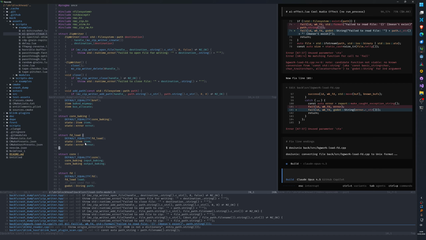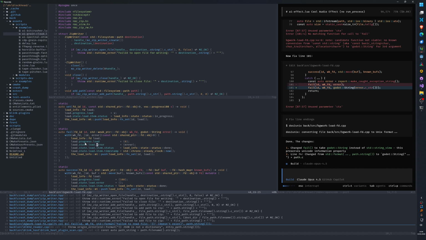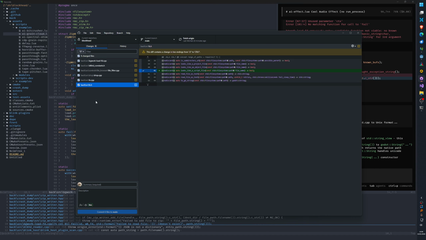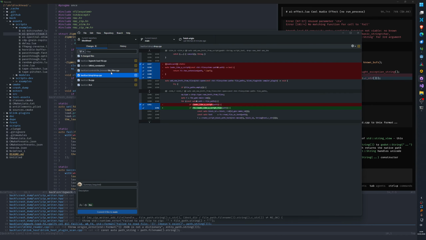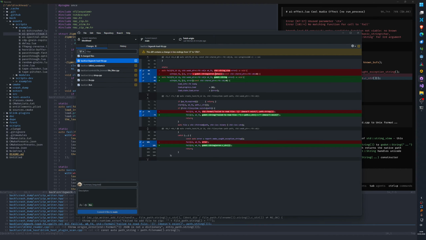What's this? This is a Godot string. It does make sense then to do that. One sec. What are you changing? Okay, so we don't do the conversion, I see.